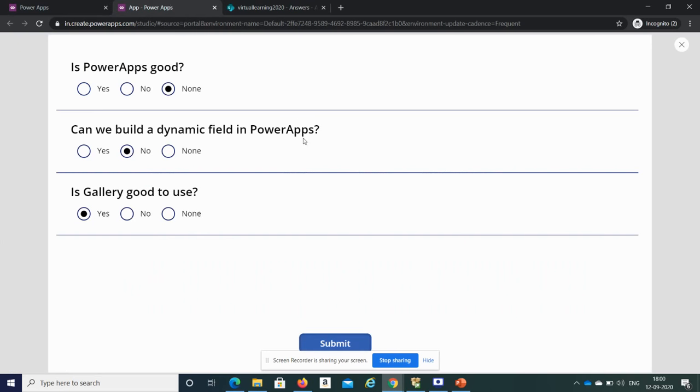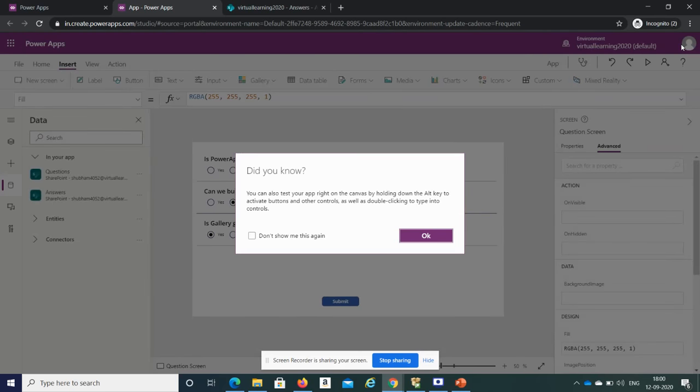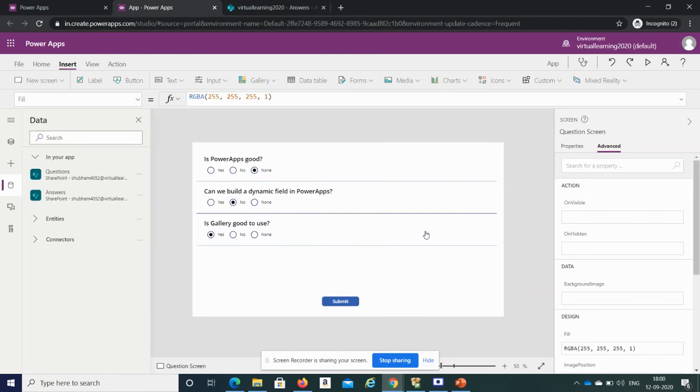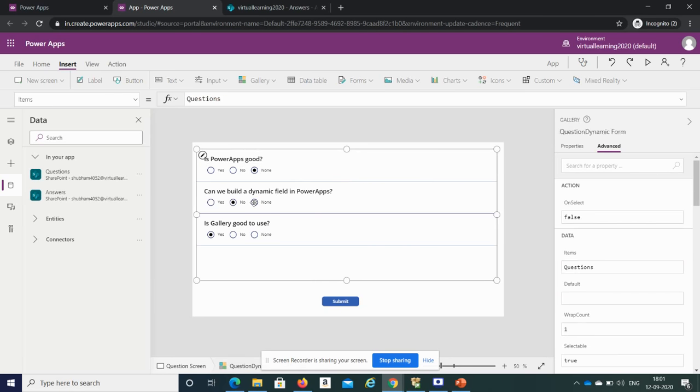So this is the basic concept of how you can create a dynamic form. In coming videos, I will definitely show you more. As of now, if you see, each question is having the same controls.